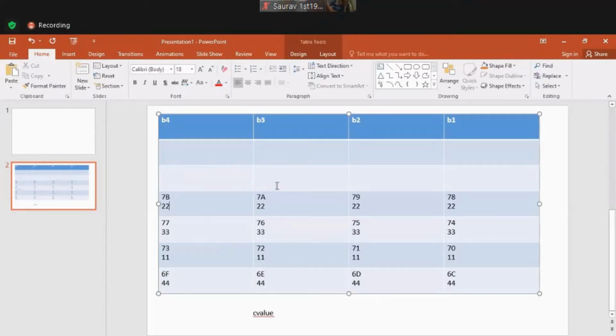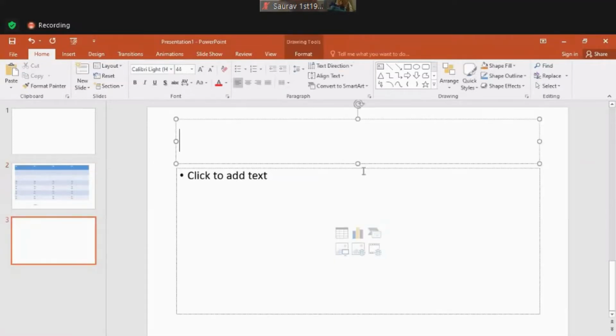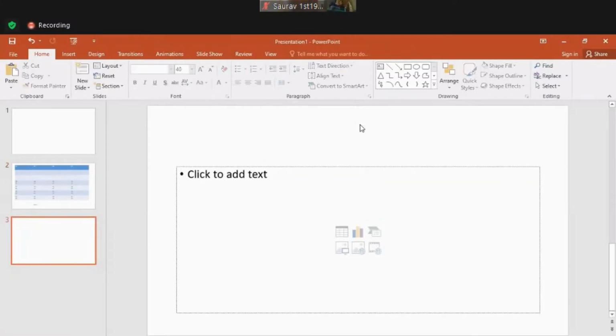Correct? So this is one part of this. I would like to copy the same thing. Let me see if I can copy or not.